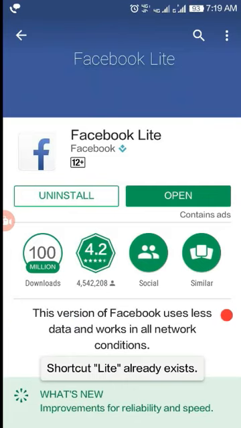In number one, we have the Facebook Lite app. As you already know, Facebook has become an integral part of everybody's life. So to hold all your post feeds and uploads, there is a Lite app for you, and the app name is Facebook Lite. So let's see the app.